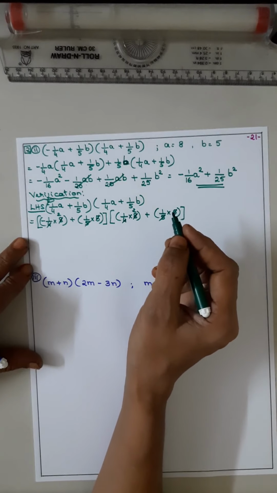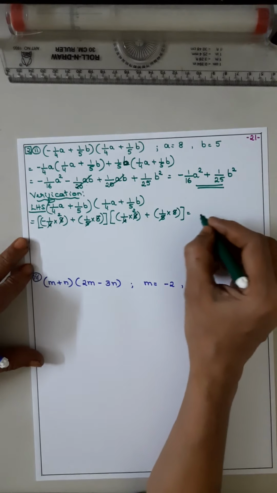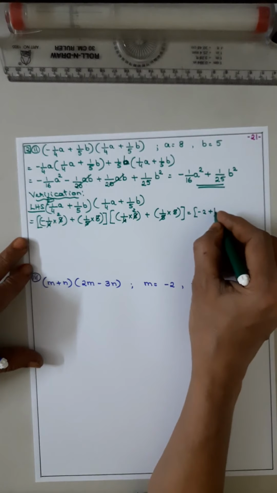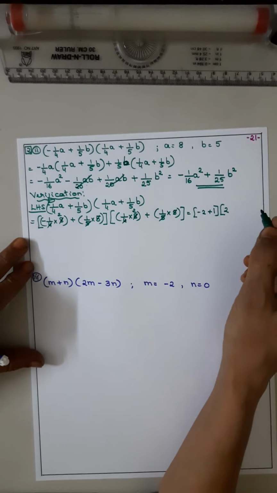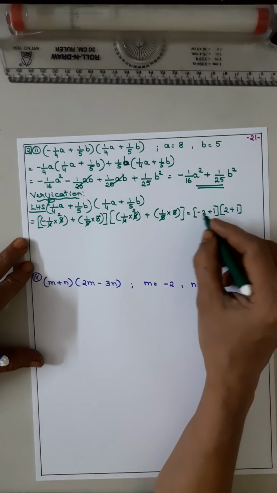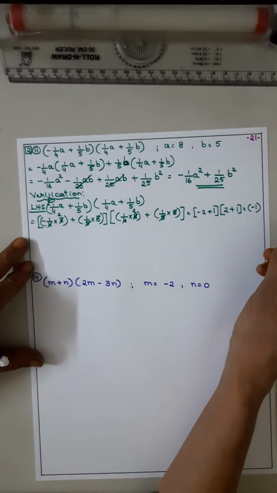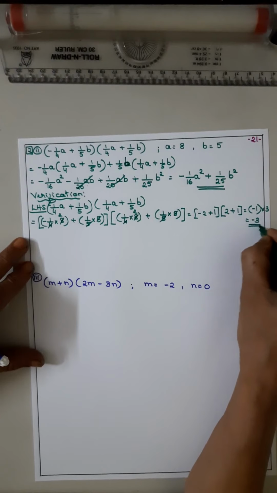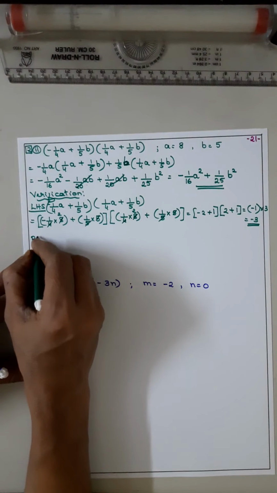So you will get the answer. It is a minus 2 plus, here it is 1 and here it is 2 and here plus 1. So that is minus 2 plus 1, that is minus 1 and 1 plus 2 is 3. That means answer is minus 3. Clear? Now coming to RHS.